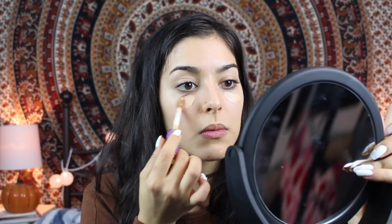All right, so you can already see that I am breaking out a little bit and my skin has had better days, but it's also had really worse days, so I'm just gonna go with it. So what I'm going to do is take my Tarte Shape Tape Concealer and put it basically all over my face. Okay. Oh my gosh, I'm gonna move my hair because it's just gonna stick to my face